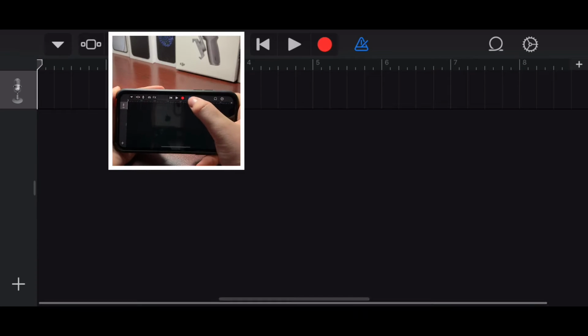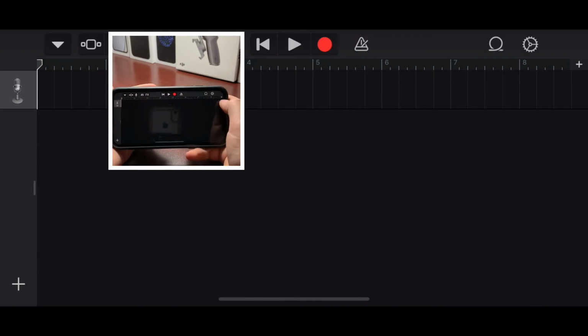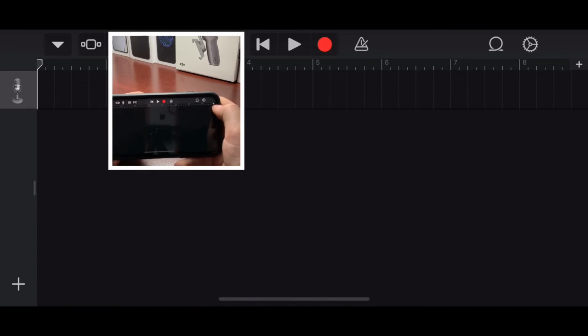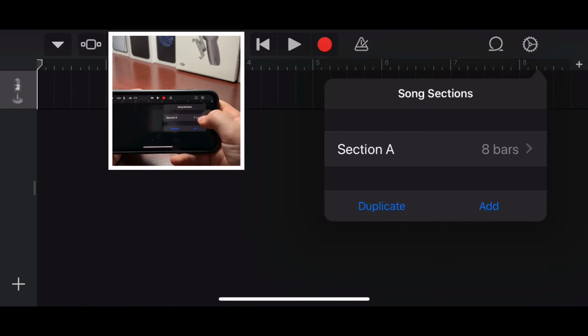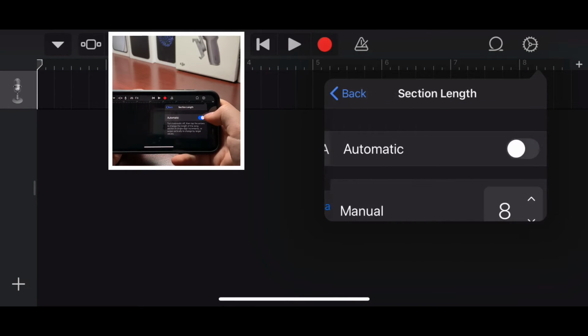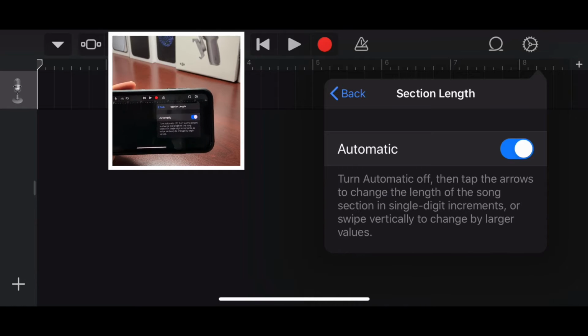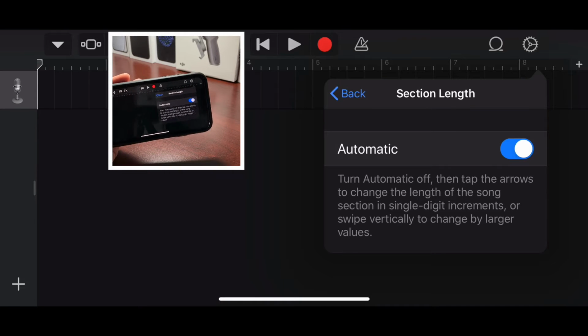We're going to turn off this ticking thing because it's really annoying when you're trying to play your song. And there's a really small plus here by the notch of your iPhone if you have an iPhone X or later. If not, it will still show up right here. You're going to press the plus. You're going to press Section A. And you're going to press automatic bars. What that does is however long your song will go, it will be that long. 8 bars, it'll only show 8 bars of the song, which is really short.